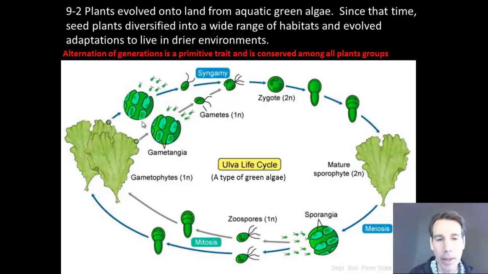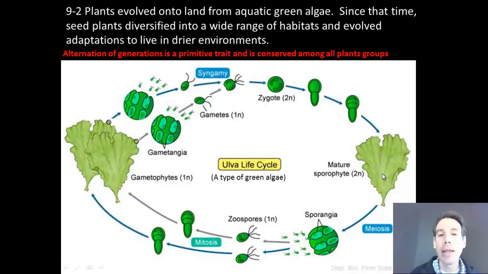So here's a cousin to plants today, Ulva, which is a type of green algae. And you can see the process of alternation of generations here. Sporophyte undergoing meiosis to make spores. These spores, being in the water, will swim. They will fertilize. They will make a gametophyte. The gametophyte will make these gametes, like swimming sperm, for example, which will fertilize. That will make a zygote, and that will grow into a new sporophyte.